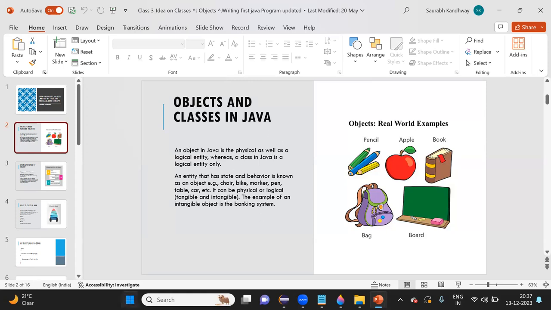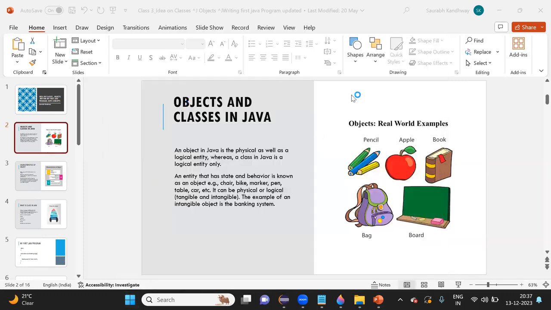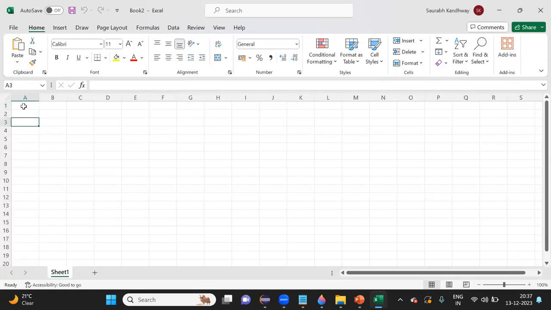If I open this Excel sheet over here, what is this Excel sheet? This Excel sheet is just a template which is being given to you. It is giving you a template where you will be able to enter all your details. But if it is a blank Excel sheet, if it does not contain any data, that means